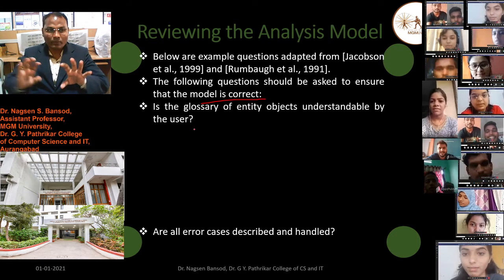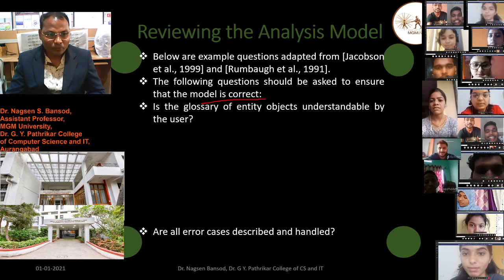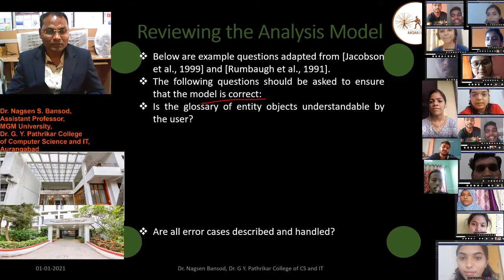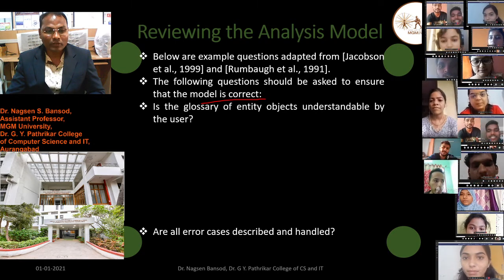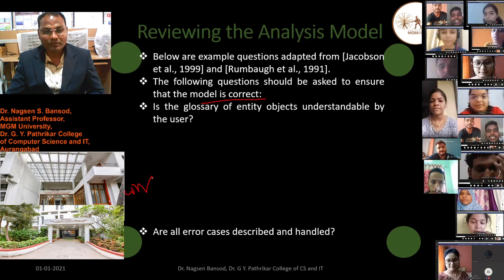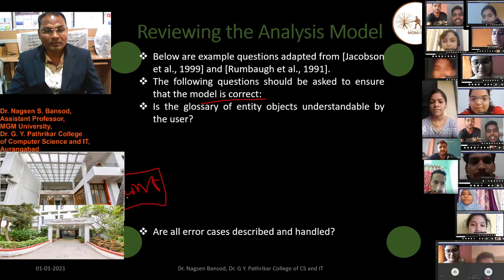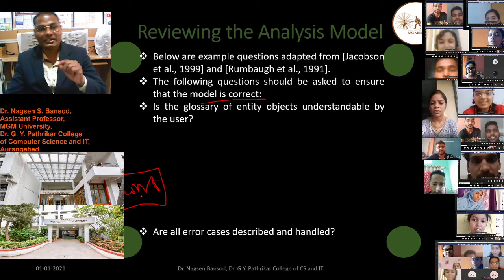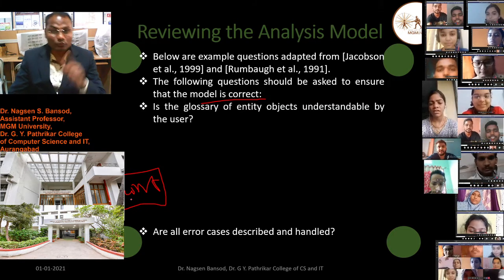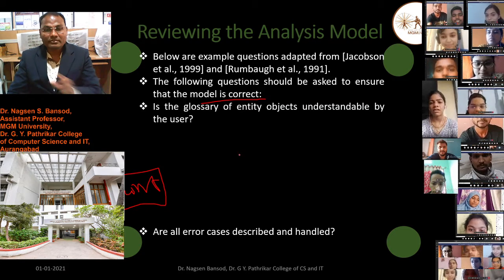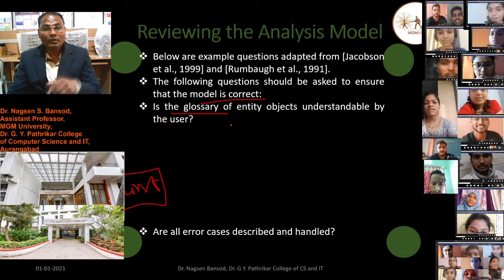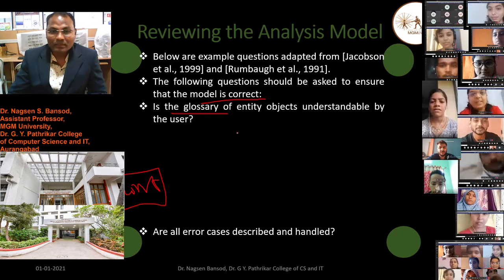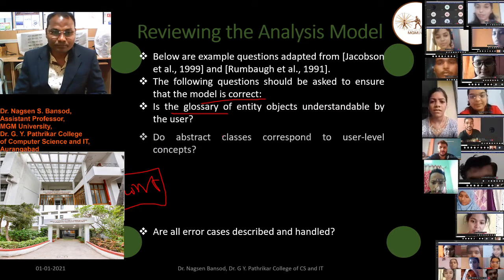Suppose there we have written PTR. What does it stand for? Suppose it is print. We know as a developer this is PTR means print, but it should be understood by the client. So as a developer we have to provide the glossary of entity objects to help the user understand.